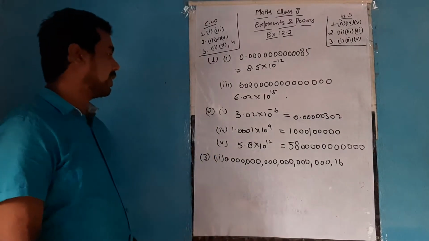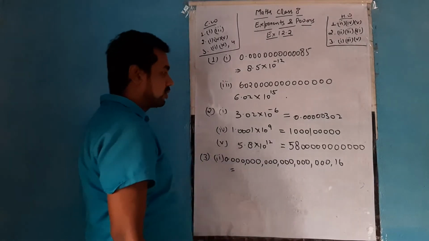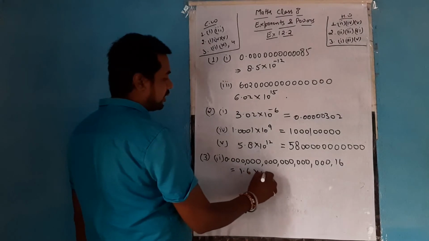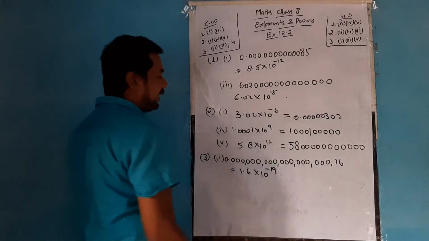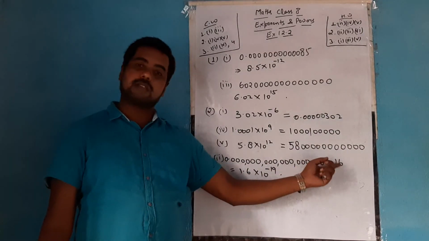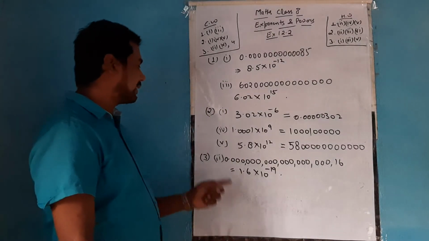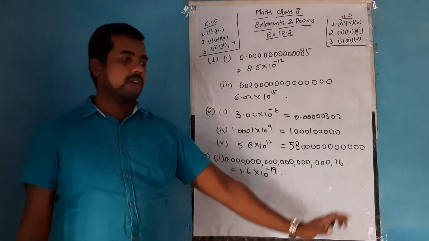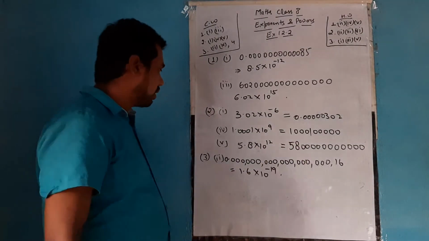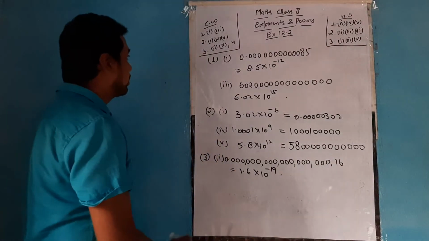Now this number has to be written in standard form, as clearly there are 18 zeros and 1 place shifted from here, so that becomes 1.6 into 10 to the power minus 19. As 18 places are covered by 0 and 1 place of 1, so that becomes 19, so that is 1.6 into 10 to the power minus 19, as we have shifted from left to right. 3, 6, 9, 12, 15, 18. Okay. So this is the second part.